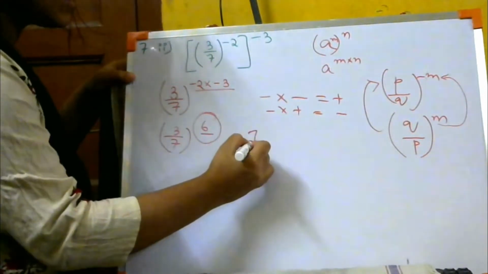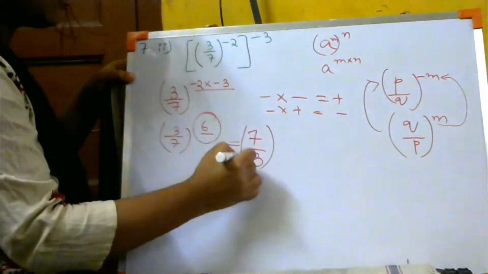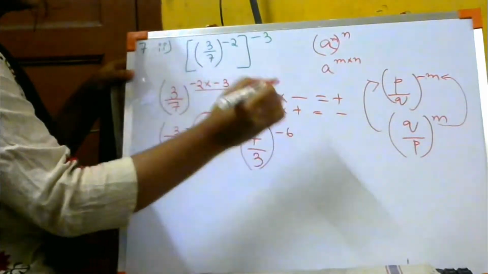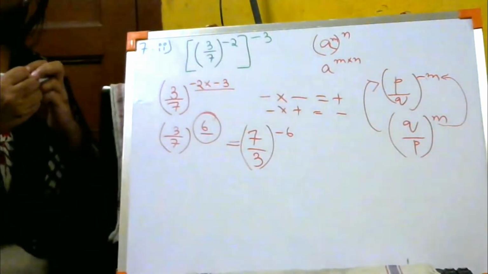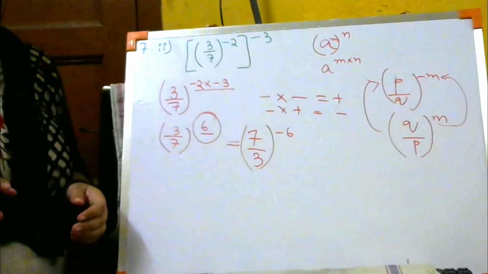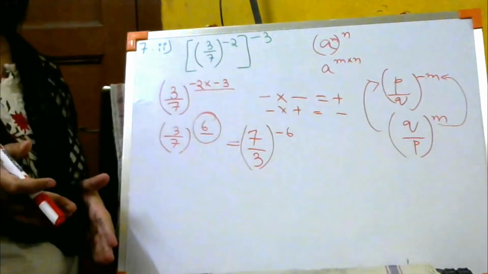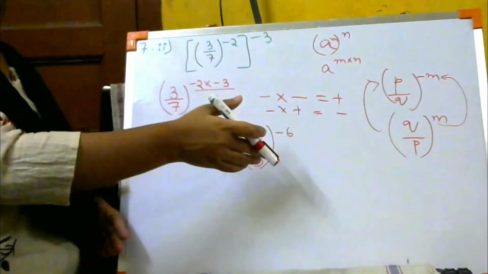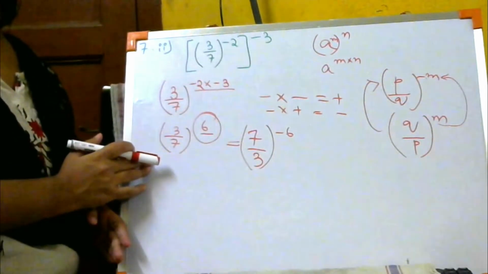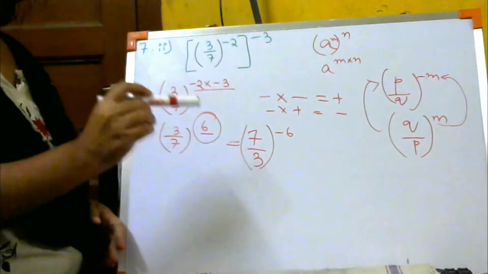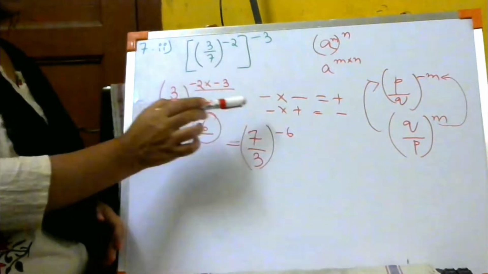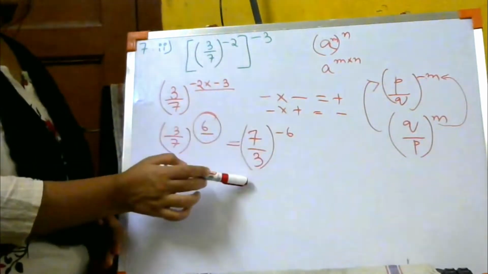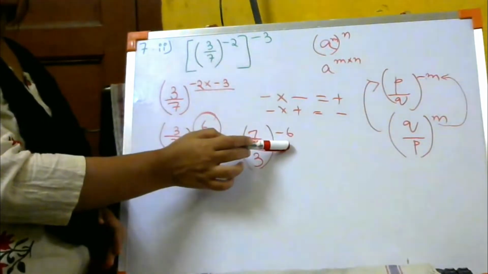So if I change it like this, 7/3, then this minus positive will become negative. Clear? Same thing we are going to do. Just as we had to inverse the number to go from negative to positive, the same thing here: to go from positive to negative, we also have to inverse the number. Provided do not forget to put a minus sign over here. It is plus over here. When you are inversing inside the bracket, you have to write a minus sign over here.